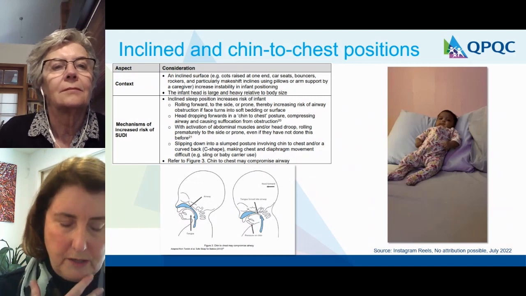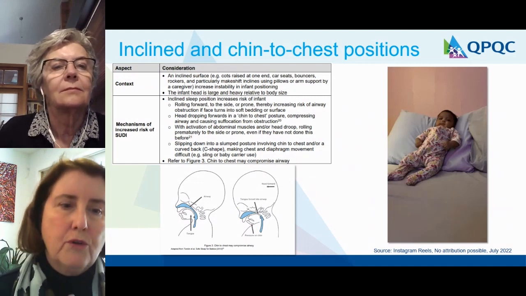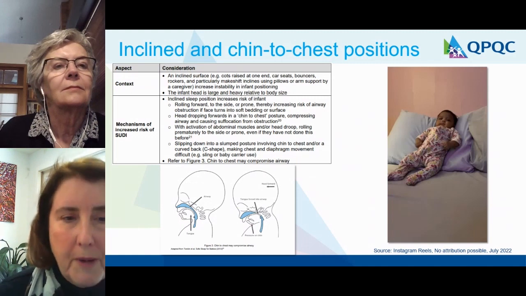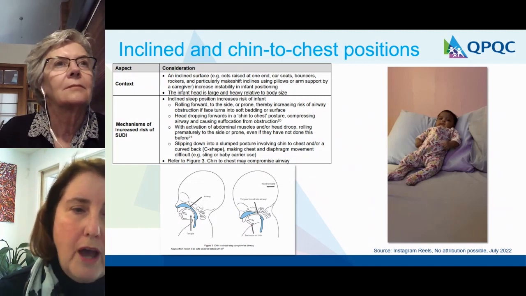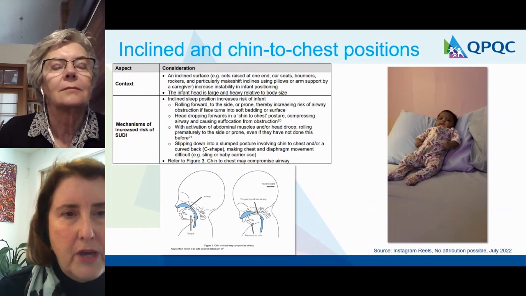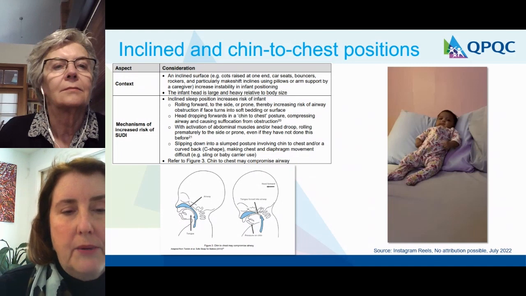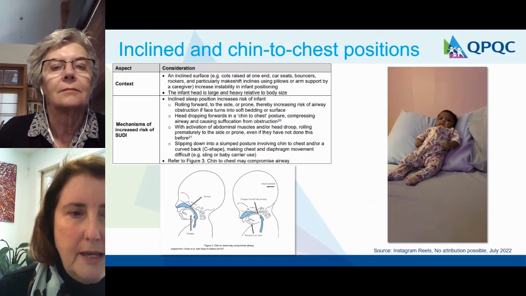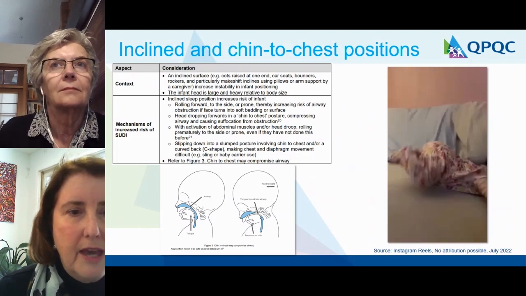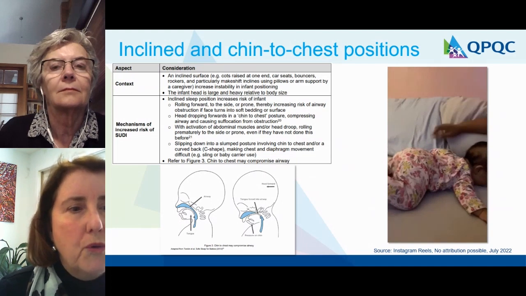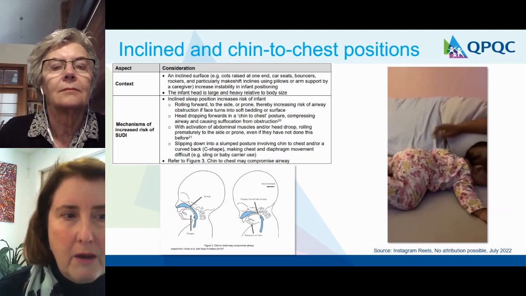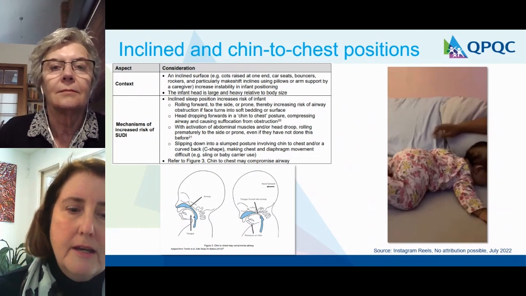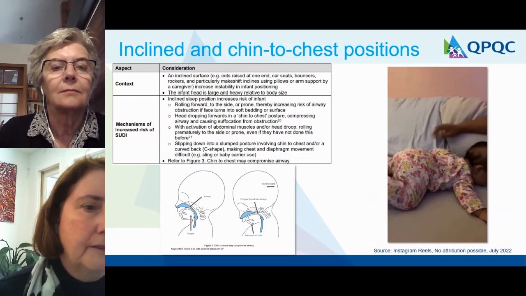And it was sometimes because the infant had slouched down into more of a C-shaped position, compromising breathing, or had fallen forward or rolled forward onto a pillow, even though they'd shown no ability to roll previously. So we have a little video here that shows a little baby propped on a pillow quite nicely, thinking that they're all safe and ready to go to sleep. And with a bit of movement, their heavy heads tend to cause them to roll forward. Now, if that happens in the middle of the night and no one is there to rescue that baby, their face is generally pressed down into the bedding.